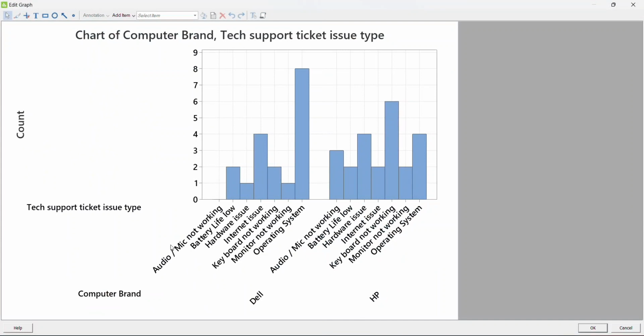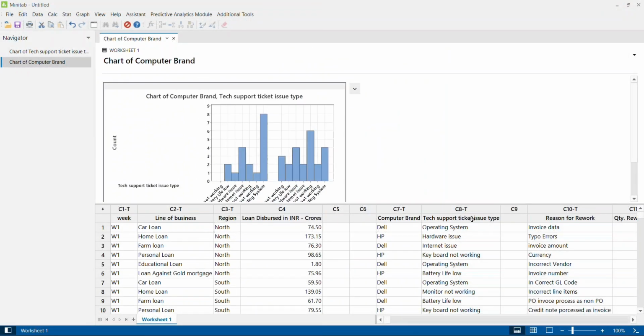So audio and mic related issue, there is no ticket for Dell, whereas in Hewlett Packard you have certain tickets. Operating system is highest for Dell, whereas in Hewlett Packard it is actually keyboard issue. So the overall raw data is getting broken down in terms of clusters, and here the cluster is the name of the computer. Now we will see the third option of this graph, and the third option is I again click